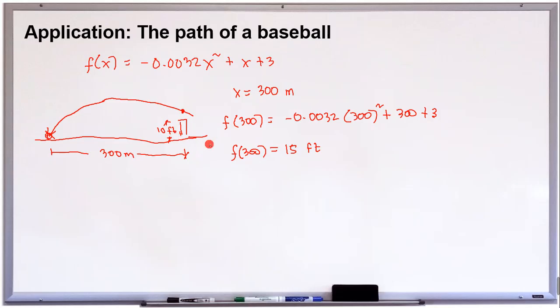So therefore, since f of 300 is greater than the height of the fence,